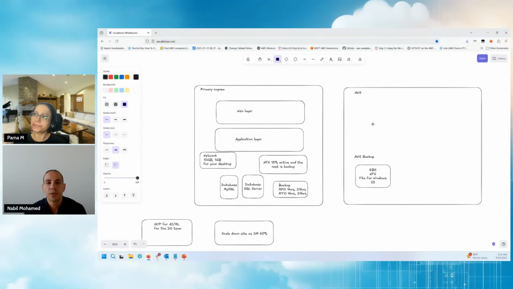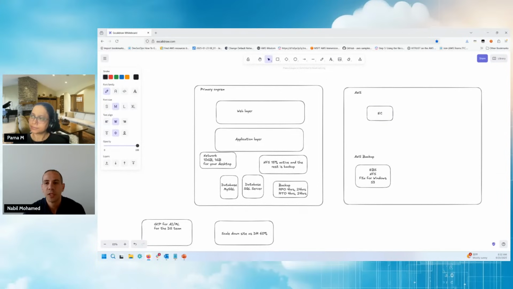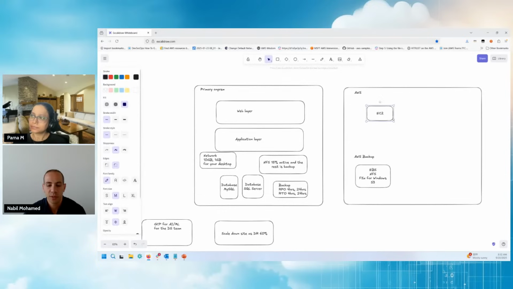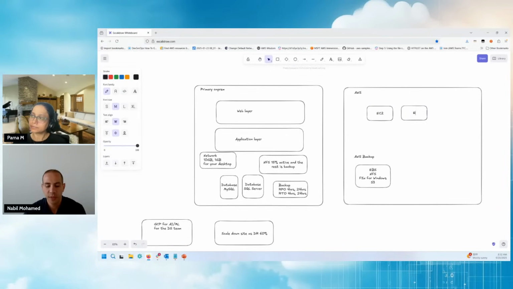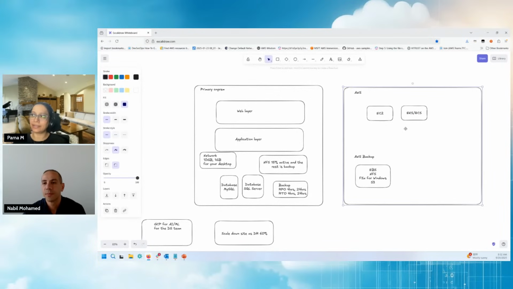And then for the web layer and application layer, we have multiple options for computing. Either we're going to use EC2, which I think most people are aware of or have heard about. Or, if you're planning to use containers, or if you're running any containers on-prem, we can use EKS or ECS as a container. Yeah, we'll probably think about modernizing later, as a next step. We can also modernize some of the workloads if they are already ready to be containerized. But if not, then we suggest moving first to EC2, and then doing modernization after that.